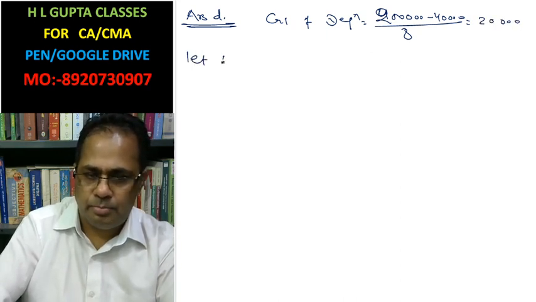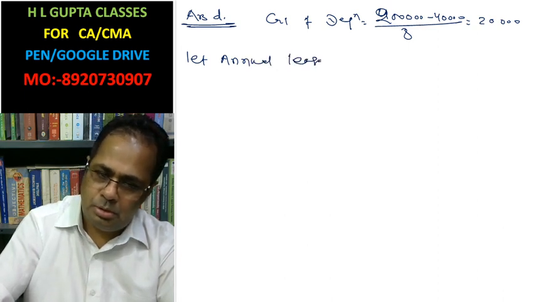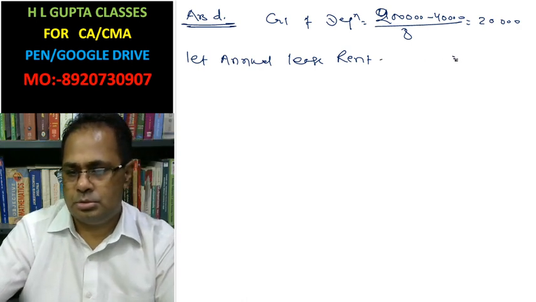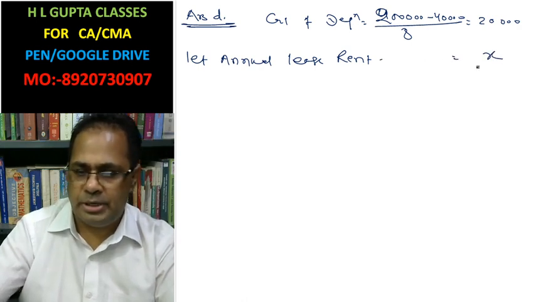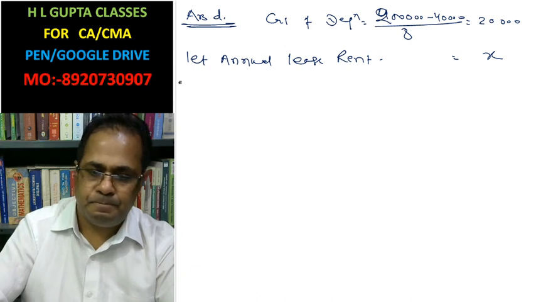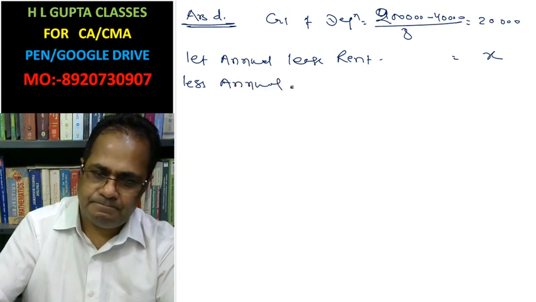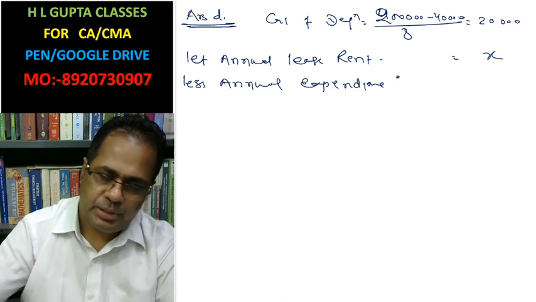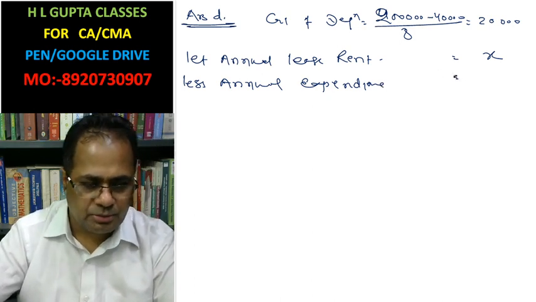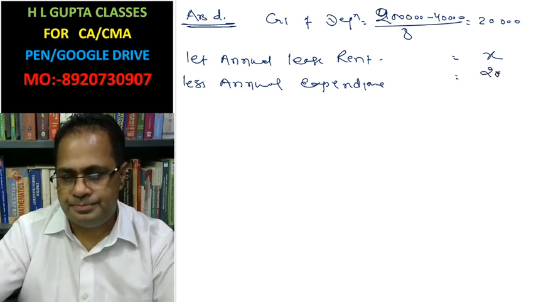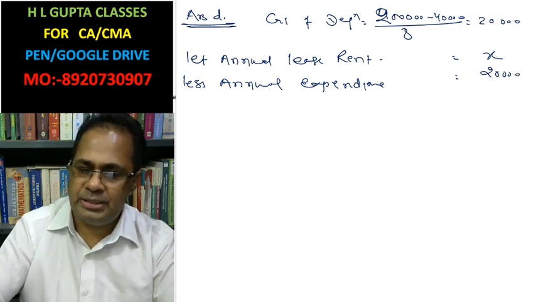Let annual lease rent be X, less annual expenditure, this is 20,000,